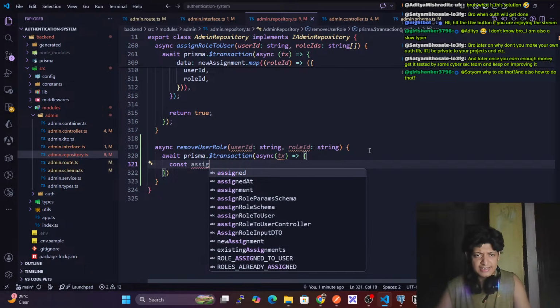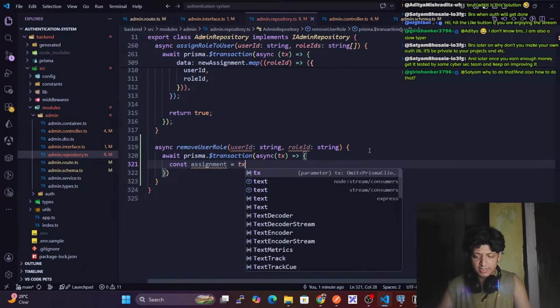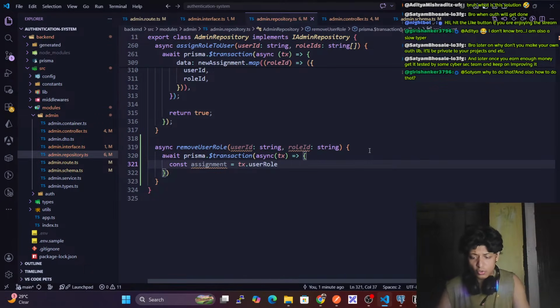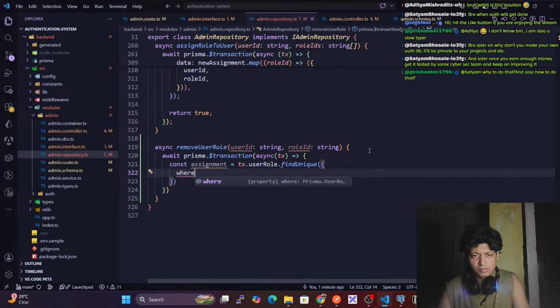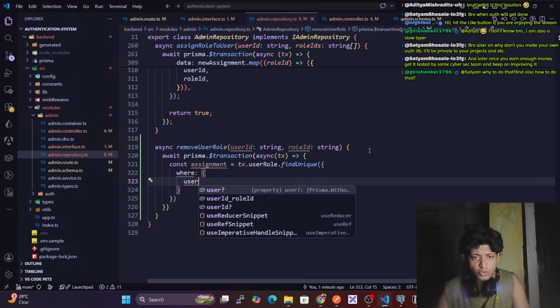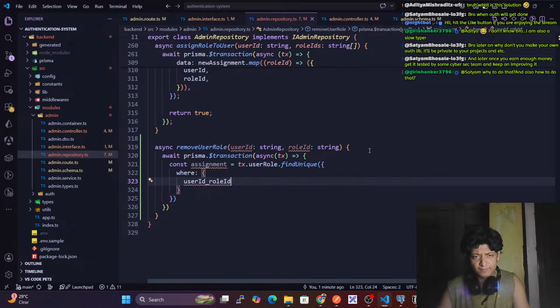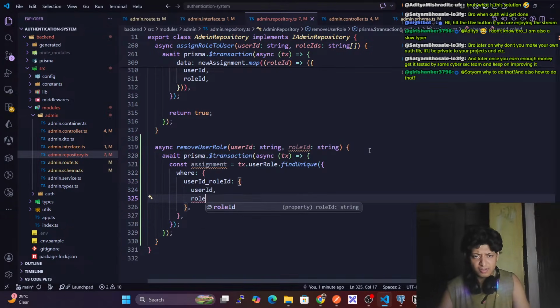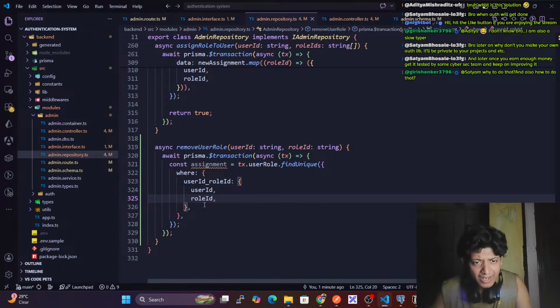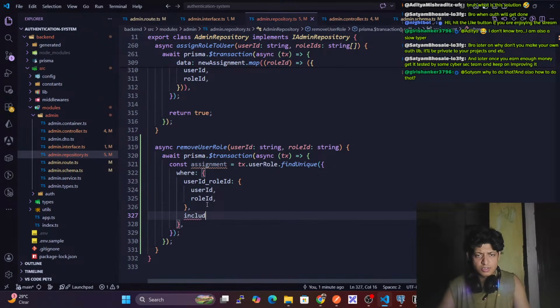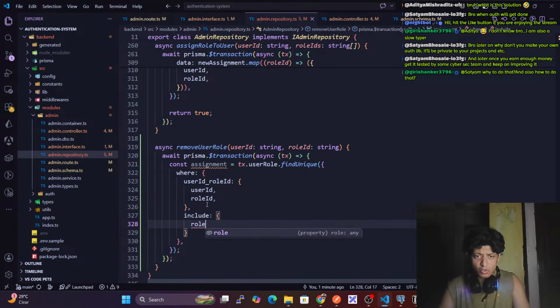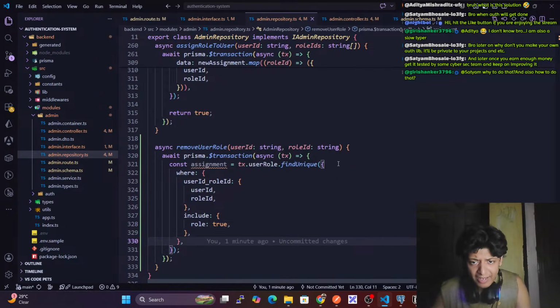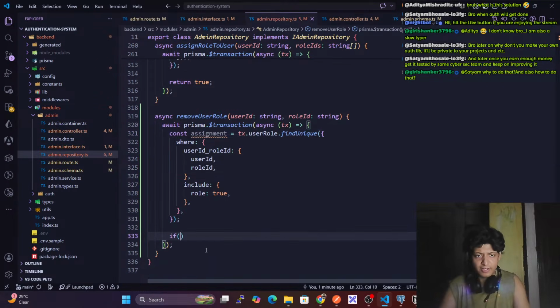Const assignment equals tx dot user role dot find unique, where user id underscore role id, we have user id and we have role id. Okay, we have this where part, and also include role true. We have this, right? And if there is no assignment,